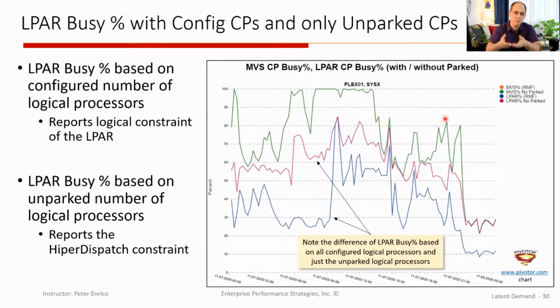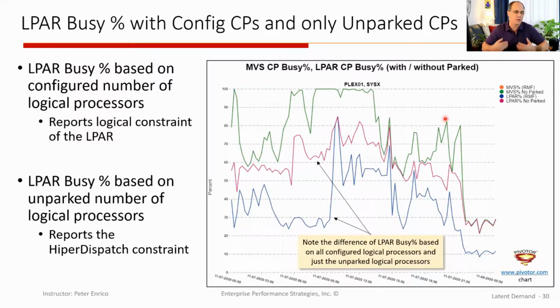The number of unparked logical processors is different than the number of configured logical processors. In the previous example, the number of unparked and configured logical processors were the same. In this particular case, I have a partition that has some number of logical processors. They're in a high, medium, and low pool. The main thing is that there's a low pool set of CPUs, and sometimes those low pool processors are unparked,